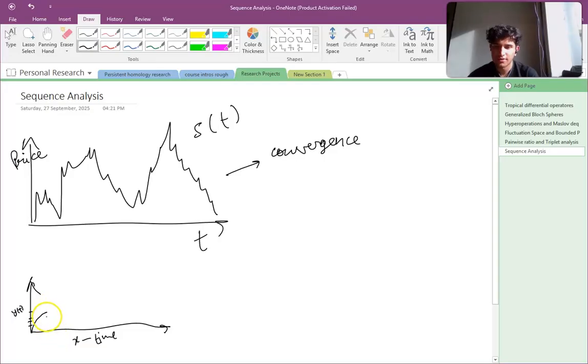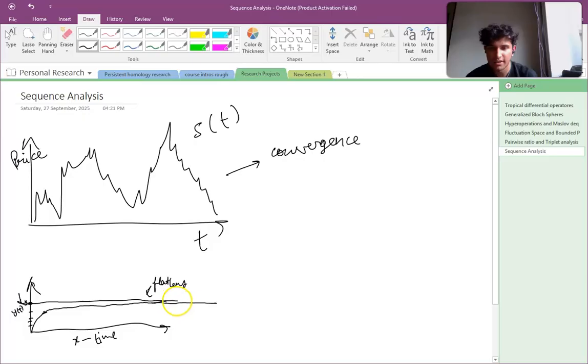As I go along further in time, you should start to notice that this thing flattens out. If I trace its line all the way back to the y-axis, then this point is never crossed, because as it goes out to infinity, these two lines become parallel. So this is the notion behind convergence